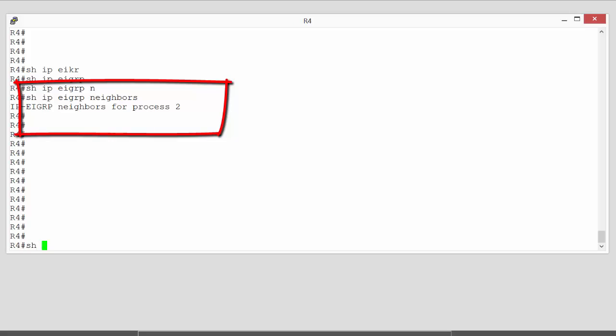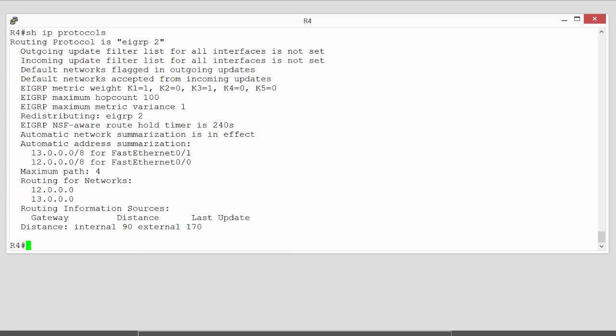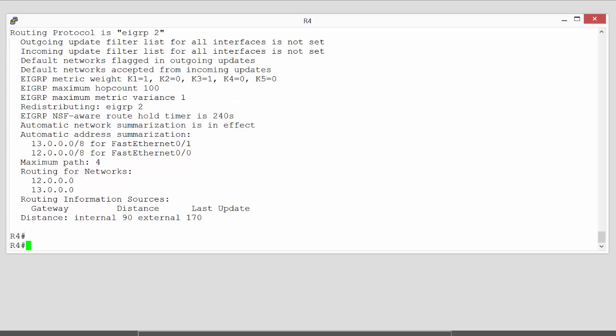We can verify this by using the show ip protocols command, where we can see here that again the routing protocol is EIGRP, but it's EIGRP 2, so autonomous system number 2. And as we said previously, if you've got different autonomous system numbers, the routers are not going to form neighbor relationships. So at this point, there's no need to look at any other part of the configuration. That's our issue. So what we're going to do is clean up our config a little bit and then reconfigure